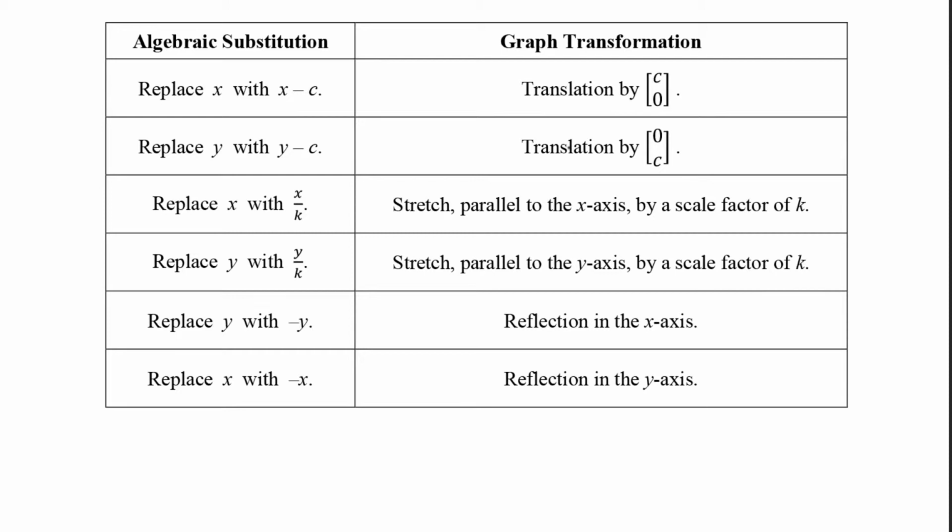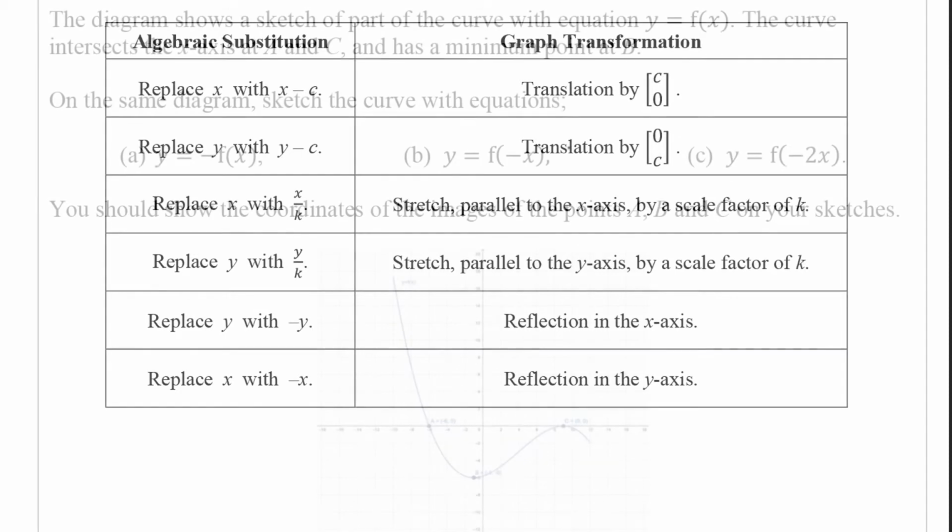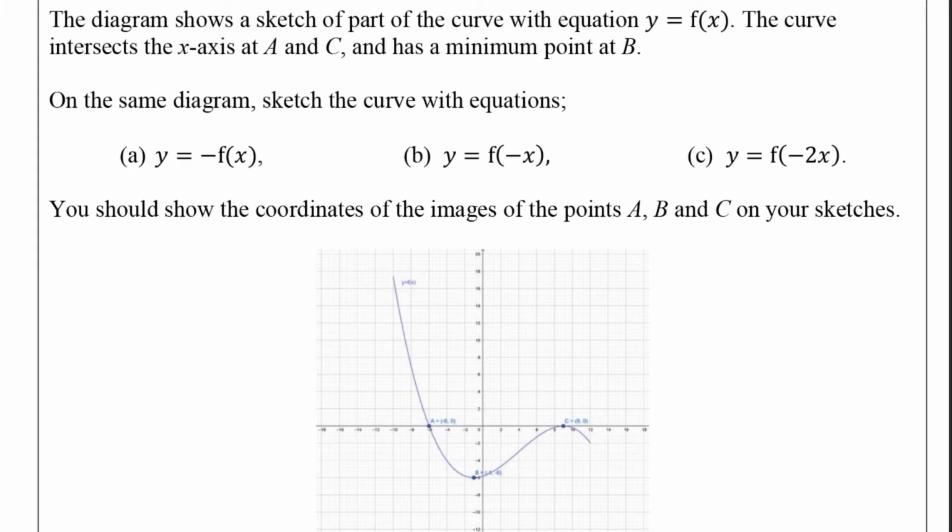And in a similar way to what we saw with our translation rules and our stretch rules, these two reflection rules are really just one rule. There's a lot of symmetry going on here. If we replace x or y with negative x or negative y, then we have a reflection in the y or x axis, respectively. Let's illustrate all of this with an example